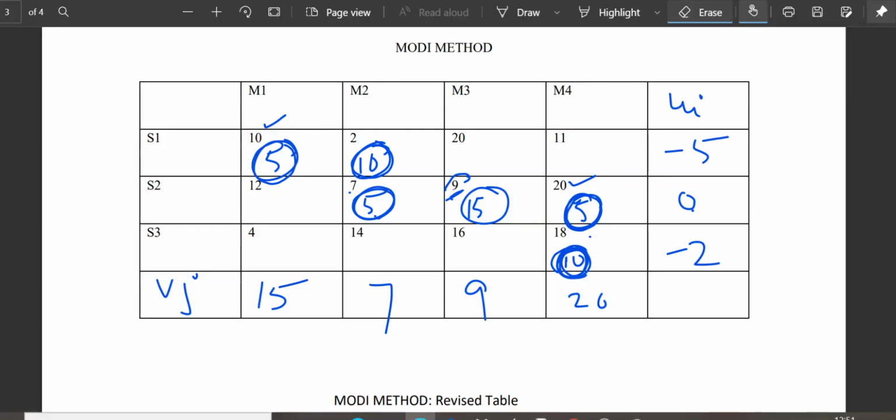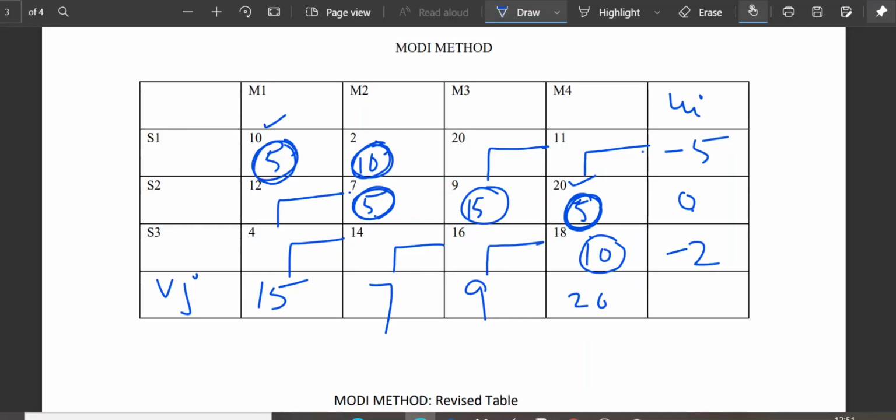So this is how Uis and Vjs are being calculated. Now we will see whether we are getting the delta ij as positive or negative. Okay, so make the blocks on the non-basic cells like this, this and this. Apply Cij minus Ui minus Vj to calculate delta ij.